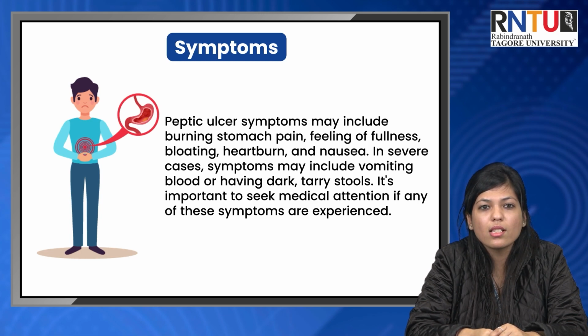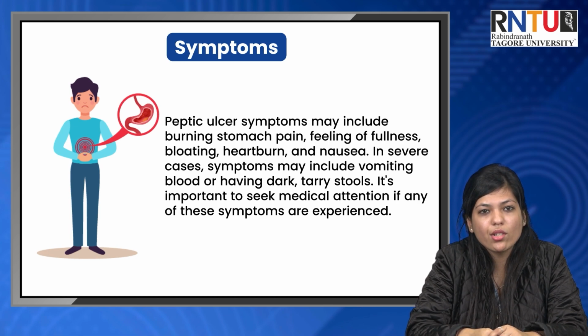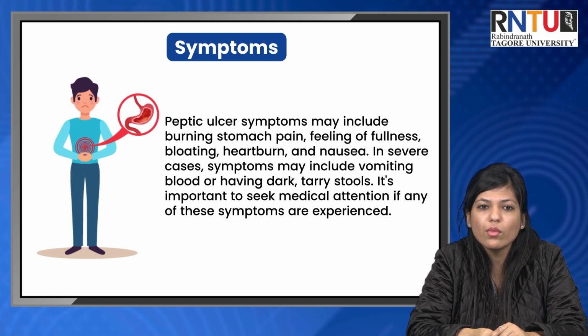Nausea and vomiting: some people with peptic ulcers may experience nausea and occasional vomiting, especially after eating or taking certain medications. Bloating and discomfort: a feeling of fullness or bloating, often accompanied by belching and gas, may be present. Heartburn or indigestion: a burning sensation in the chest, commonly referred to as heartburn, may occur, mimicking symptoms of acid